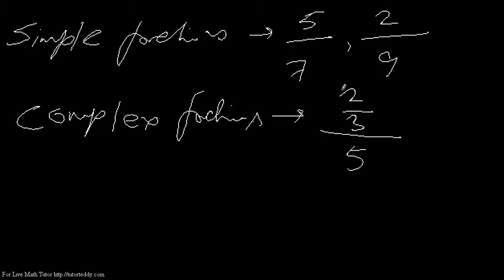So I can see the numerator is not a whole number. Or take an example where I have the numerator as a whole number but the denominator is, say, 3 by 2, which is not a whole number. Or take an example where both are not whole numbers. It may be 1.5 divided by 5 by 4. So both the numerator and the denominator are not whole numbers. Instead, those are again some fractions, right?